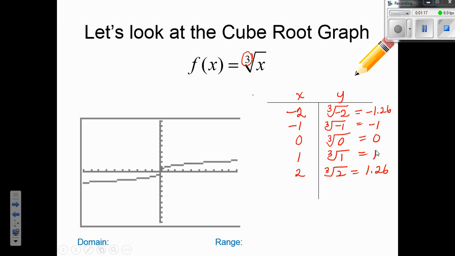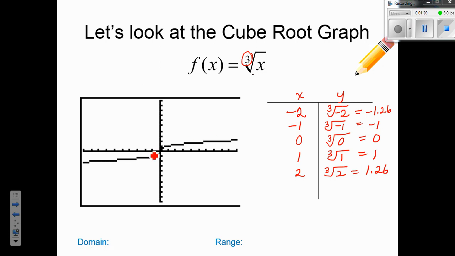So if I were to graph these points, -2, -1.26, -1, -1, 0, 0, 1, 1, 2, 1.26, it kind of makes this nice little S shape. It's called a sigmoidal shape, or maybe a snake shape if you want to call it that. And when I get my sigmoidal shape, or that little S shape, now we can take a look at the